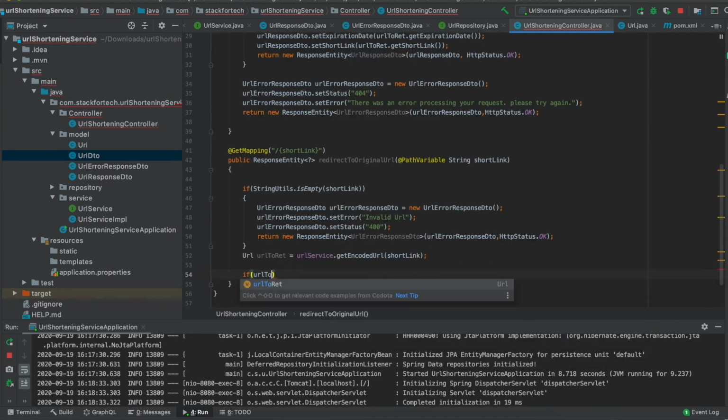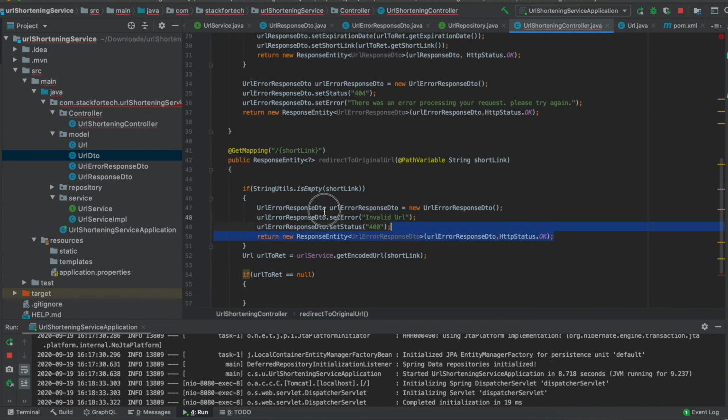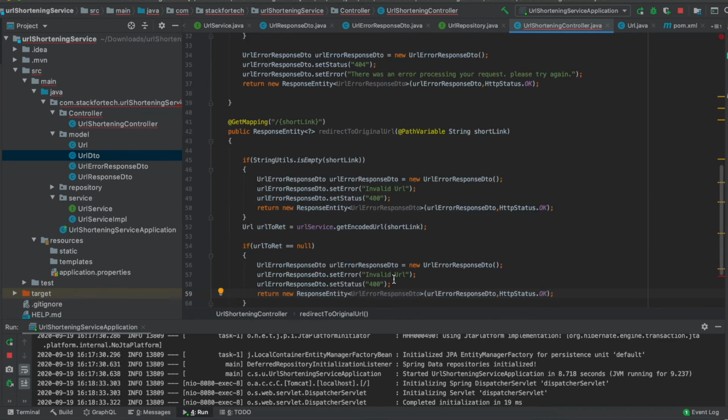Okay, so if it is null, which means it does not exist in our database, then we will send an error response saying that this is a bad request because this URL does not exist. So I'll just say URL does not exist, or it might have expired.